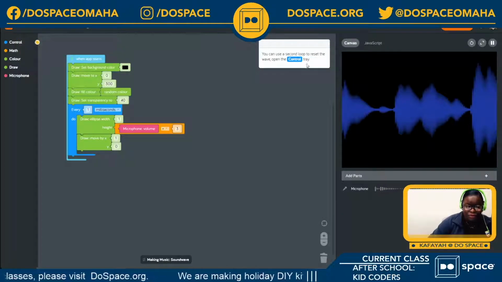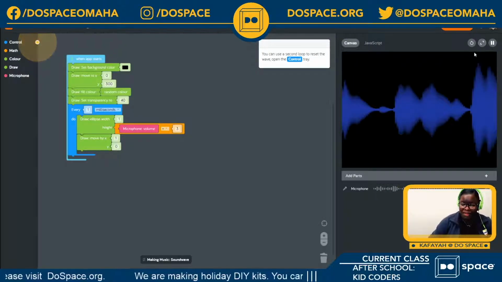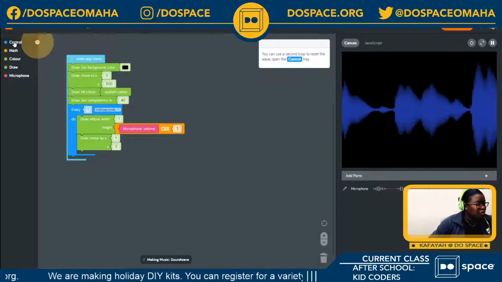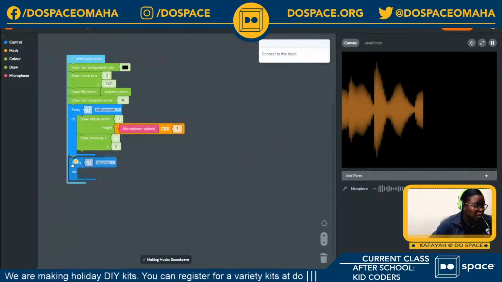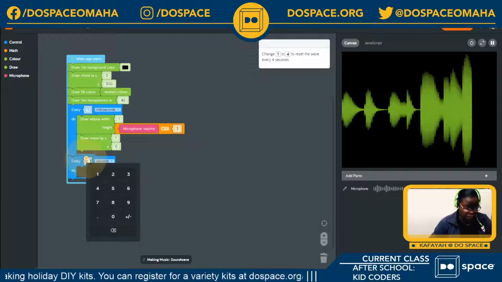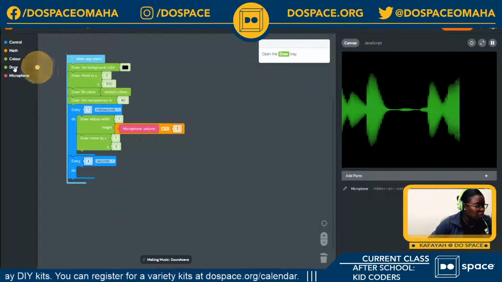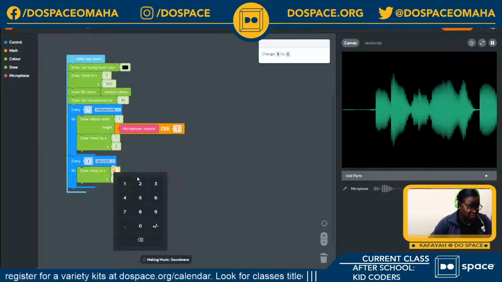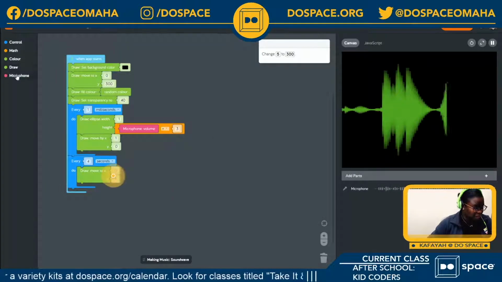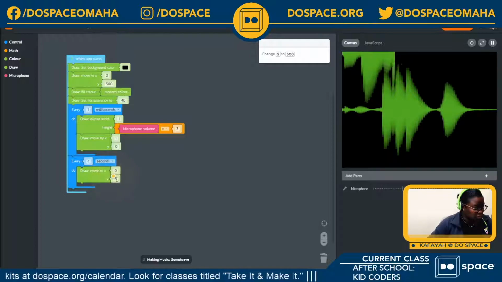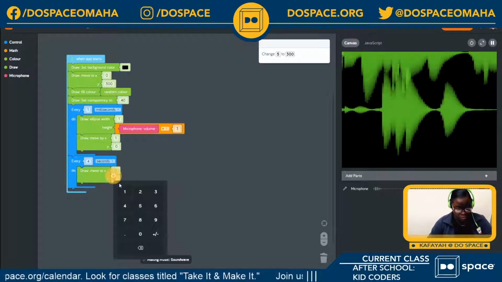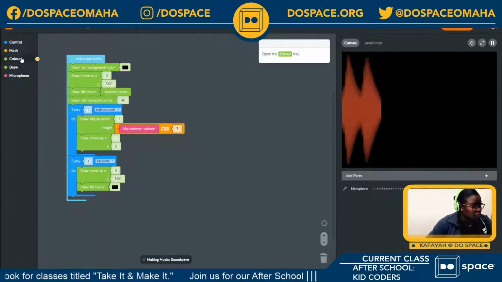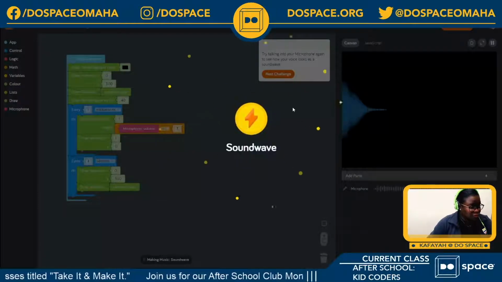We can use a second loop to reset the wave so that we don't have to refresh every time to see the sound waves go. So we're going to go into our control tray to grab our loop. And every 4 seconds, we want a repeat of what we have in for the first one, right? So I'm going to change my Y position to 300. Back to my draw tray, I'm going to choose random values for my fill color. And now,